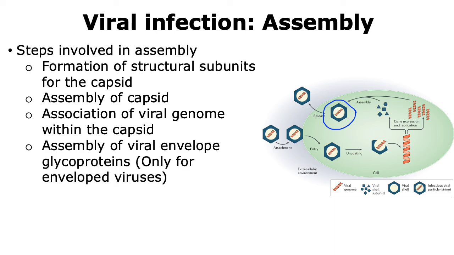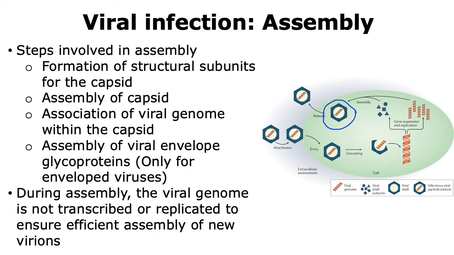For the assembly of the viral envelope, glycoproteins, which are proteins that are present on the viral envelope, need to be assembled in the case of enveloped viruses. Thus, many components have to come together to form the new virions. During the assembly process, the viral genome is not transcribed or replicated, and this ensures the efficient assembly of